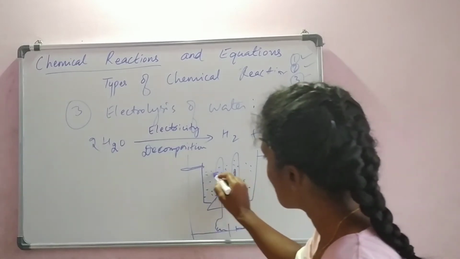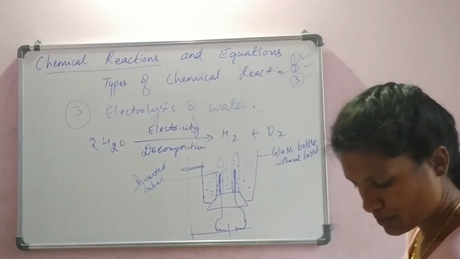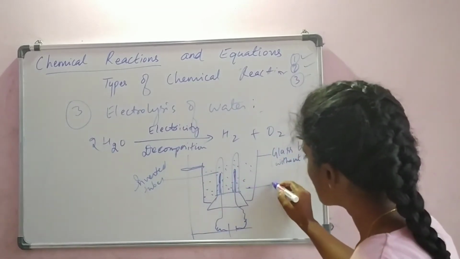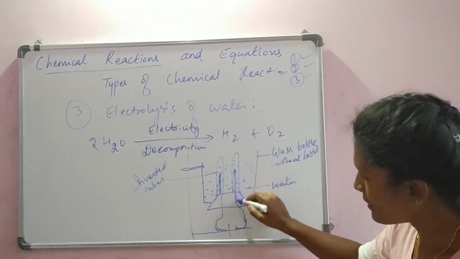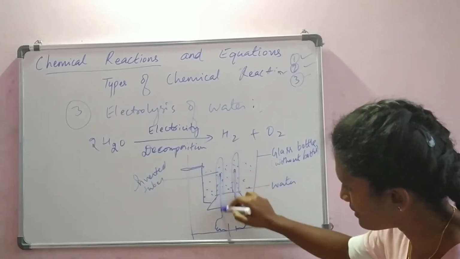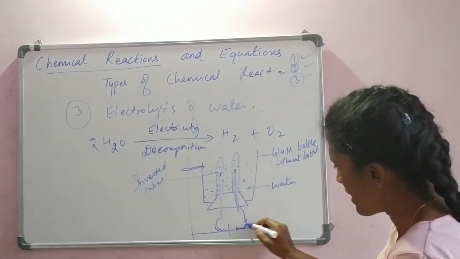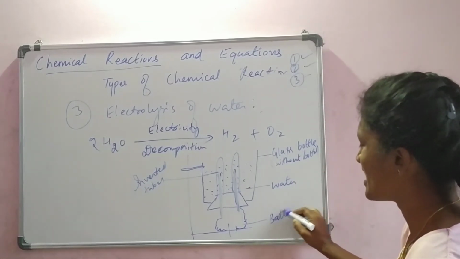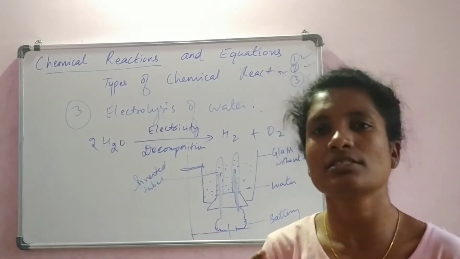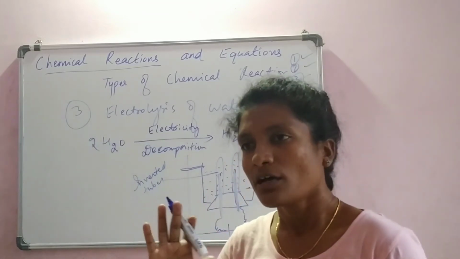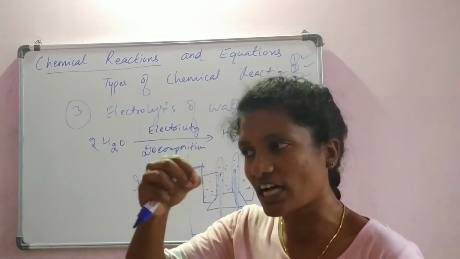Then there are 2 inverted test tubes. Then this is water, and as I told, these 2 are rods which extend out till here, and then they are connected to the external source. This is a battery. To conduct this experiment, about 6 volts has to be used. What is the 6 volt? Voltage is the pressure which you give for the electrical charges to move.